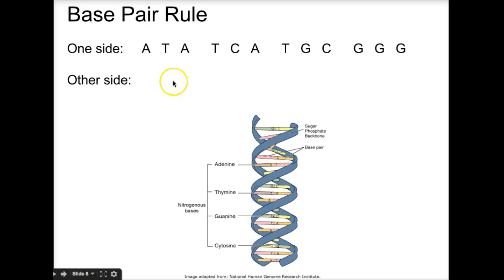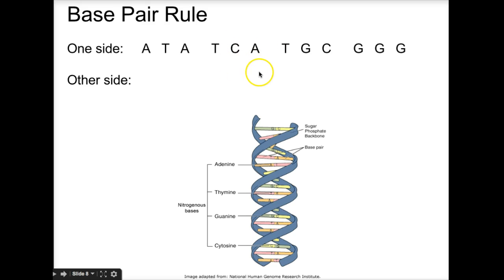Alright, so now that you've paused it, you should come back and you should know this A on this other side here should be a T. On the other side here, this should be an A. On the other side of this A, we should have a T. This A will give us a T, this T will give us an A, this A will give us another T over here, this T will give us an A, this C will give us a G on this side,